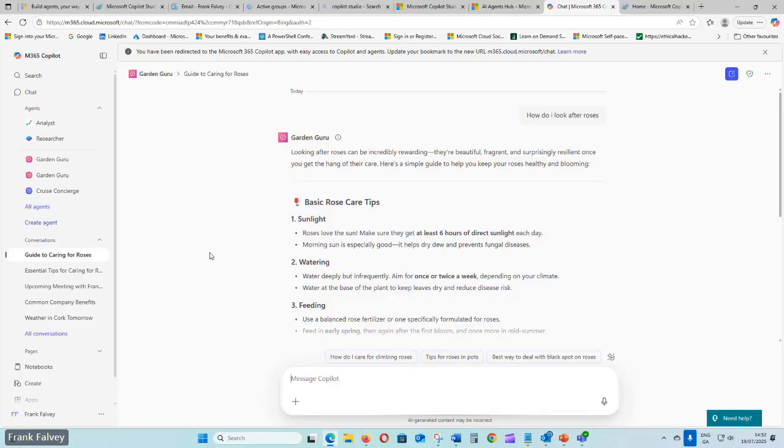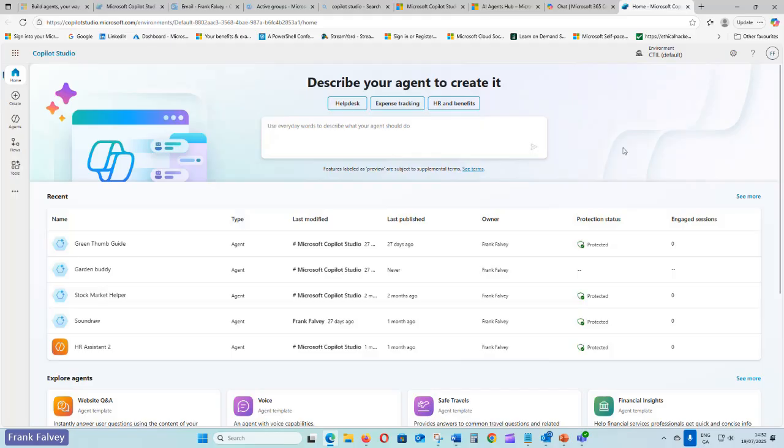Okay, so for the next demo, I'm just going to open up Copilot Studio. You can see some of the agents below here I've already created, and you can see the tabs over on the left-hand side.